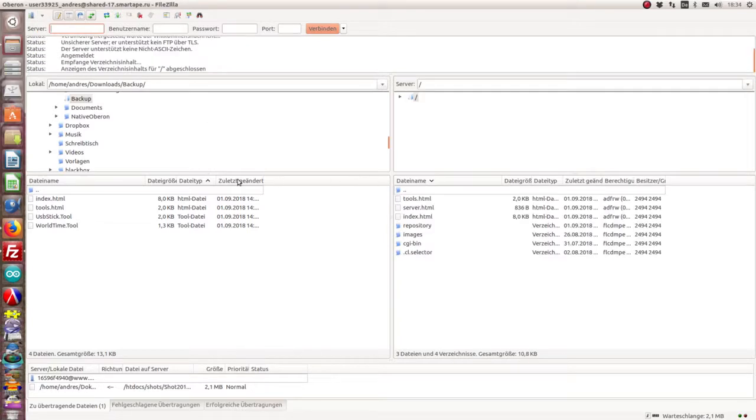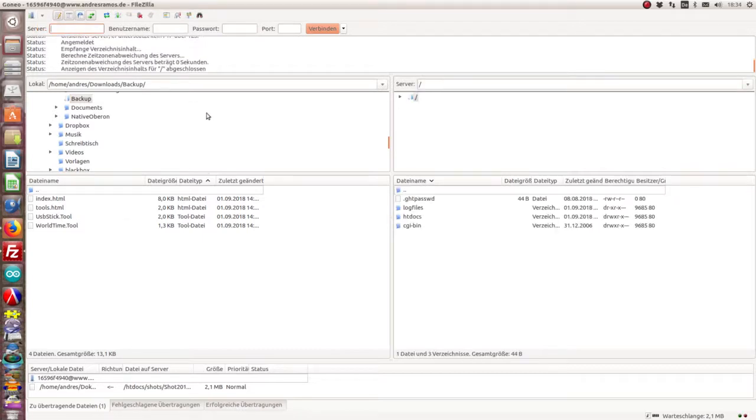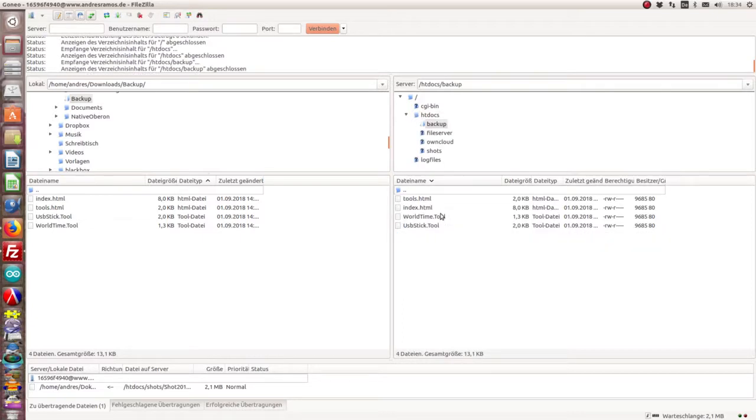Now you see we get a connection. Oh no, sorry, that was wrong. The Oberon server is something different. Sorry for this, we have to use this one, Corneo. This is just an example server. So you can see the same structure here I showed you on the Oberon machine. We have the directory htdocs. We go into this directory, we find the directory backup, and here you can see tools, index, world time tools, and so on. And you can see I already